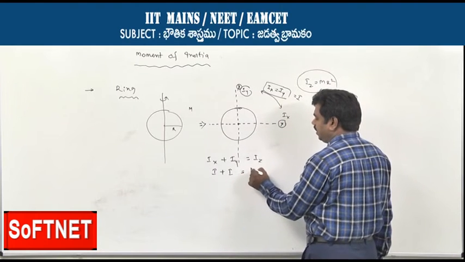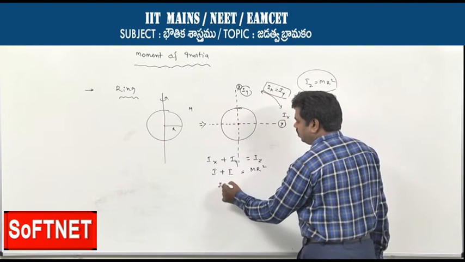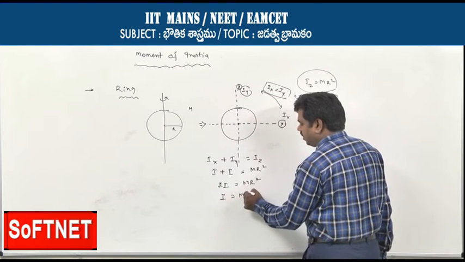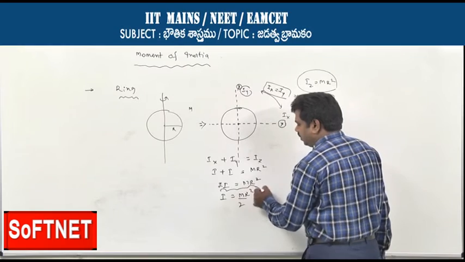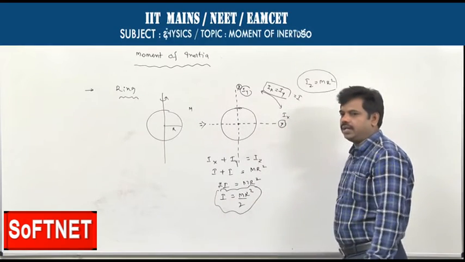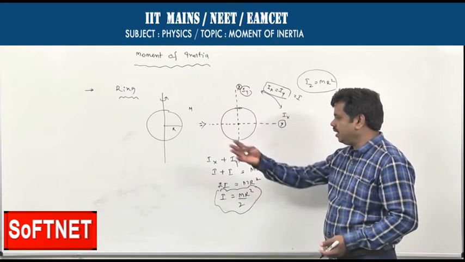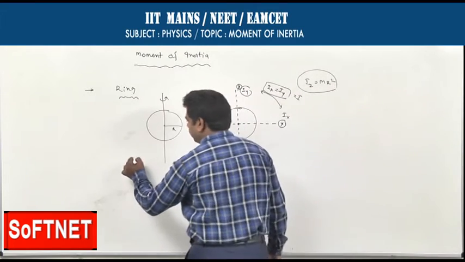That is equal to, already you know, mr square. So 2I is equal to, you will get mr square, that is I is equal to mr square by 2. This is the moment of inertia of the ring about the diameter. So when you know about the diameter, and of course we can find out